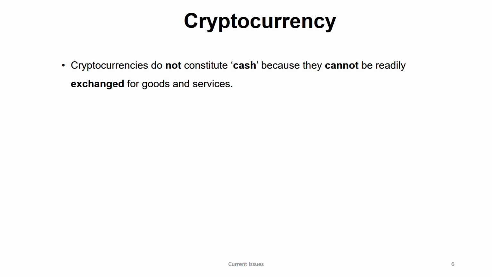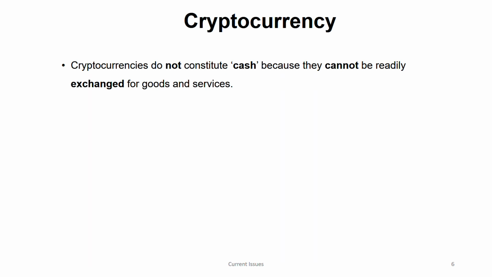First of all, let us reject one by one. Before we say that cryptocurrency is something, let us say cryptocurrency is not this, not this, not this. We'll reject and then we'll go to what it is. So it is not cash. Why? You should know the reason when you say it's not cash. Remember, saying cryptocurrency is not cash will not give you full marks. To get that 1 mark or 2 marks, you have to say why it's not cash, because it cannot be readily exchanged for goods and services.